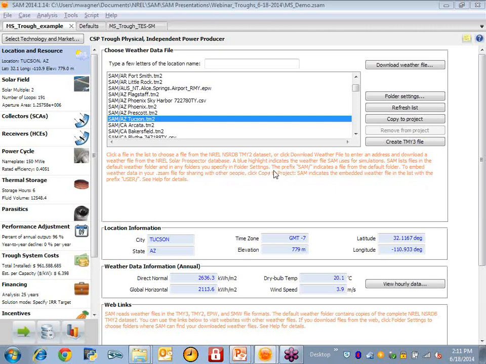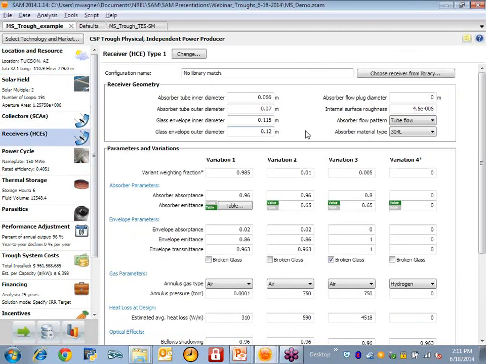All right, and then there's one more question here about receiver thickness. Is the thickness calculated by SAM to withstand stresses and corrosion? The answer is no. What we're actually doing is, the user specifies inner tube diameter and outer tube diameter. So you're basically telling it a thickness here of 0.002 meters, 2 millimeters. And that's really based on the